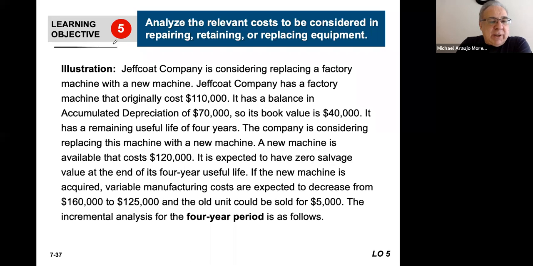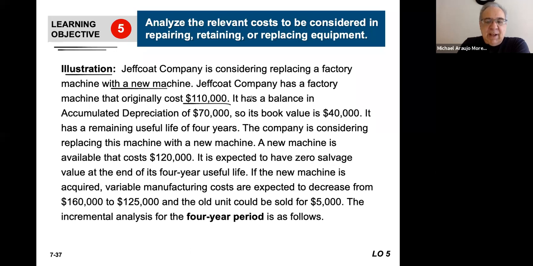Okay, on to objective 5, which uses incremental analysis to help them decide whether they should be repairing or replacing equipment. So it is simply an illustration on a company called Jeffco. They are considering replacing a machine with a new machine. The factory machine originally costs